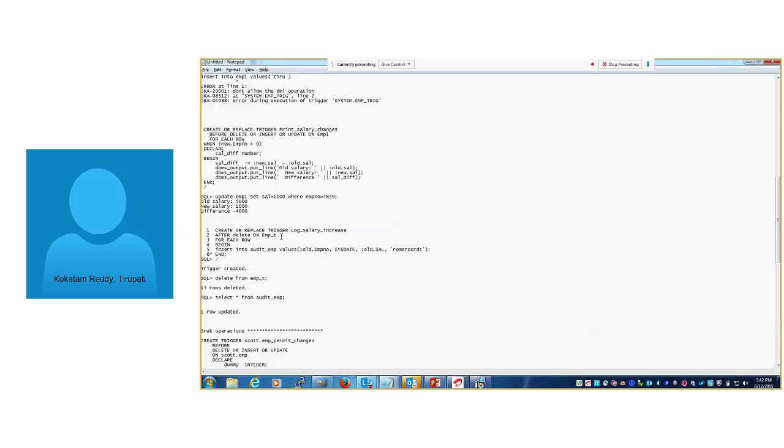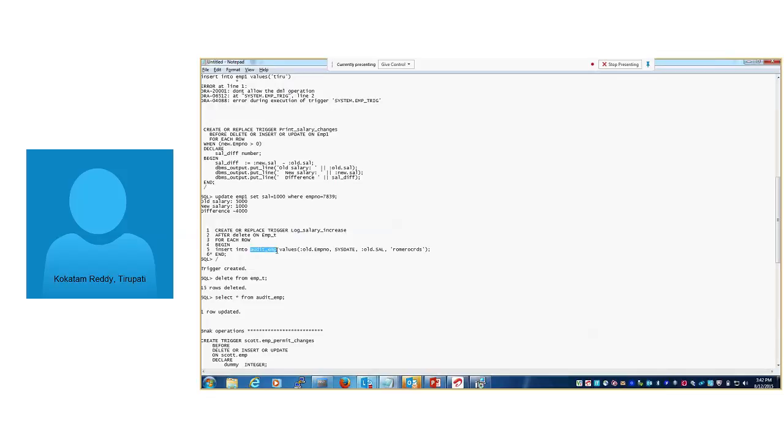When any user performs delete on EMP_T table, that information, the deleted information, we are auditing into the audit_EMP table.